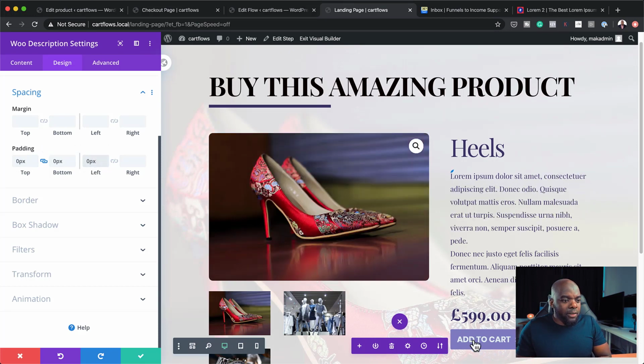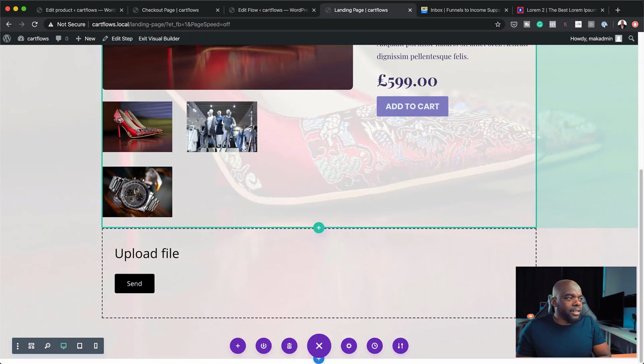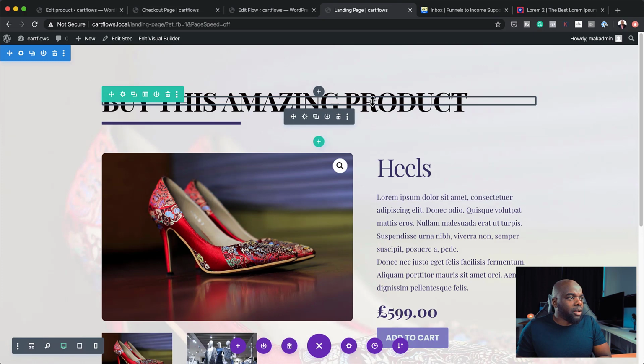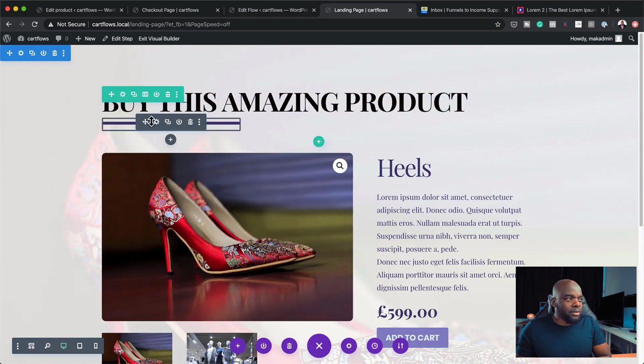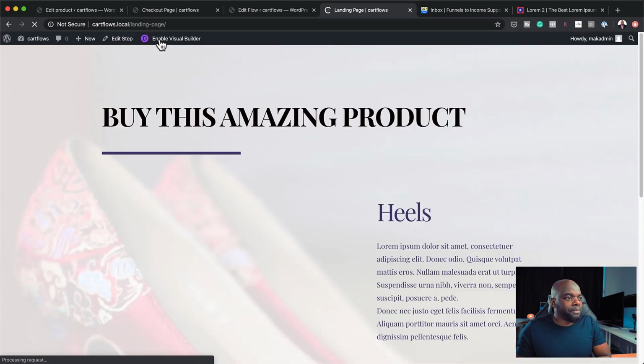All right, so now that I've gotten rid of all the sides, I can save this now, and this is going to work as our landing page. So we have the ability to upload our stuff, and over here we also have our main product title and a divider there. So I'm going to save this, exit the Visual Builder,